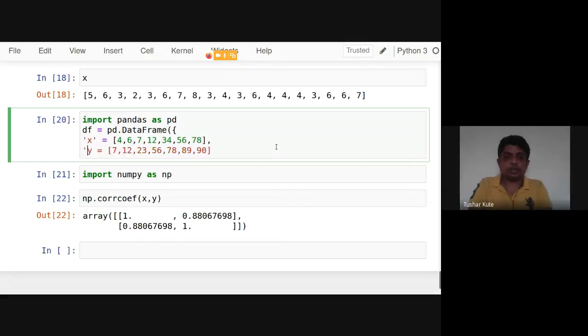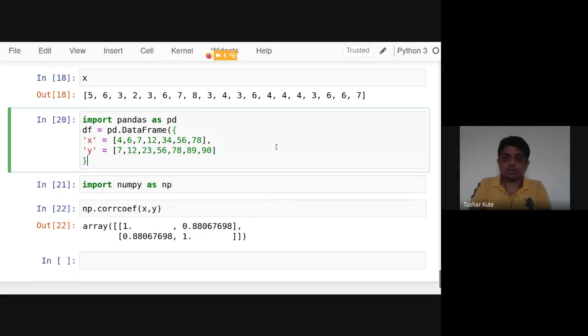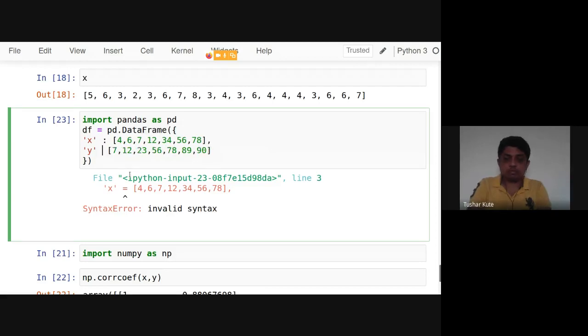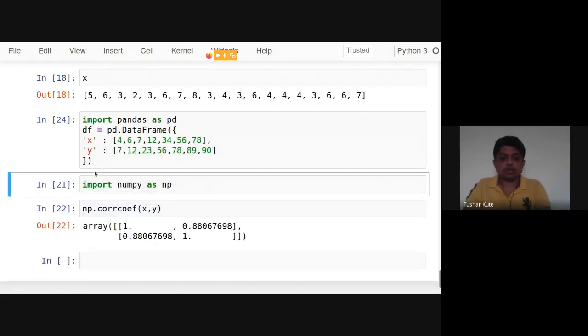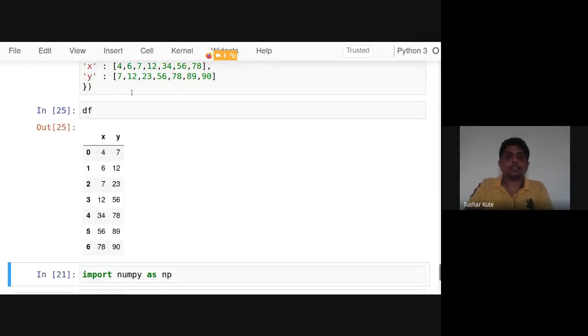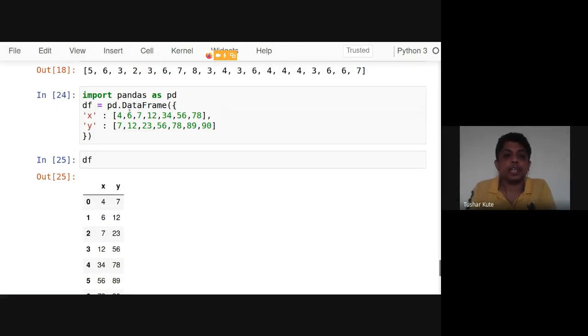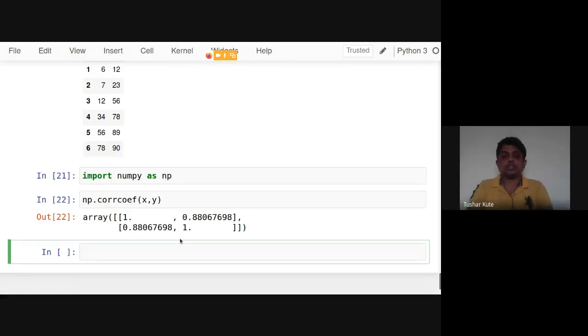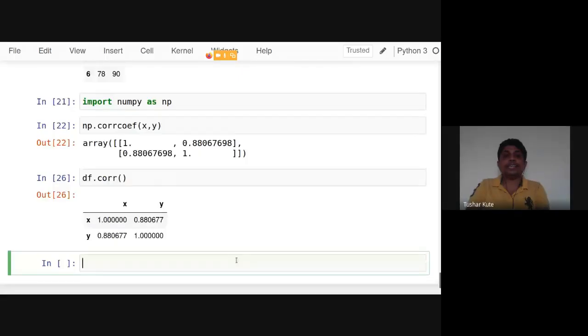Let's say x and y. I'm manually creating it. So something like this, we have a data frame with x and y. We are going to check the relationship between these two. X is the first set of data, y is another set of data. To check that correlation with Pearson correlation, it is 80 percent by using the Pearson method, and another method that we have seen was the Spearman method.